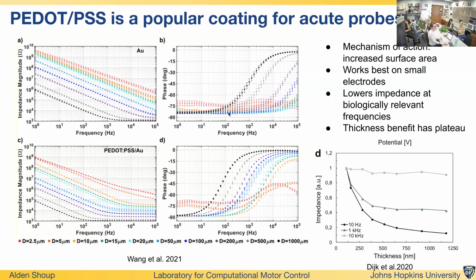And then in this case, when you're looking at the phase as well, you have a lower phase here. It doesn't impact the phase that much, but it does much more with smaller electrodes. So to give you guys an idea of what these mean, this characterizes two distinct properties